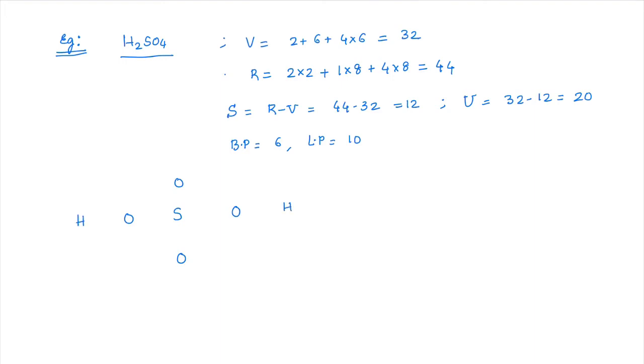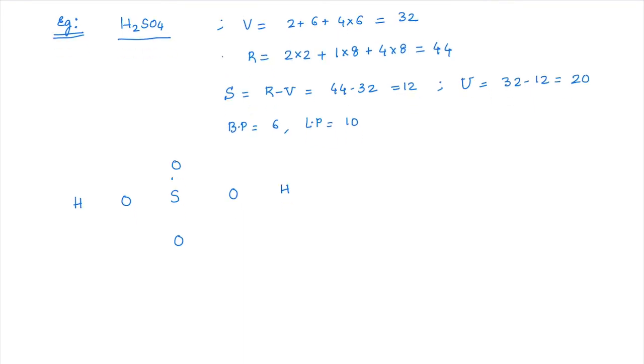So I'm following all the rules, trying to get a symmetrical structure with the less electronegative element at the central atom, surrounded by oxygens, surrounded by hydrogens, which are connected to oxygens. Now, the first thing I'll do is always start with completion of the octet for the central atom. Got it? So how can I do that? I need to make at least one sharing on either side, right? To make a bond, at least I need to make one sharing.